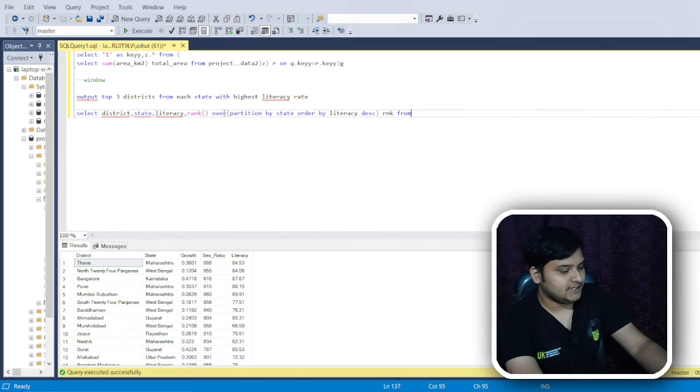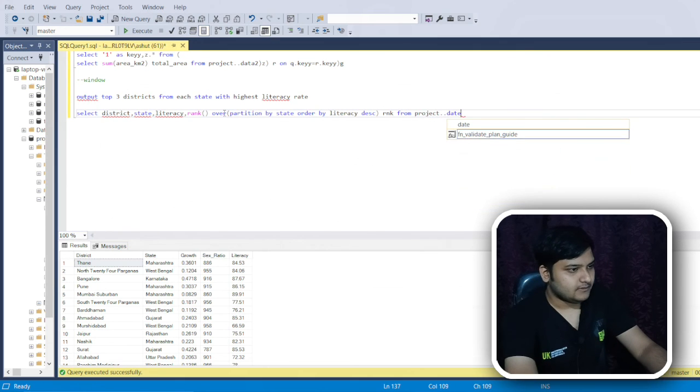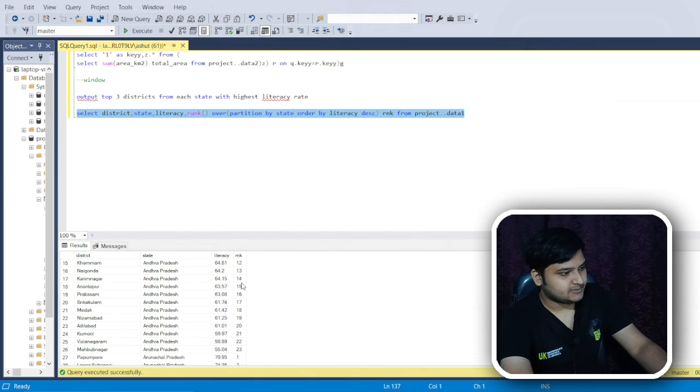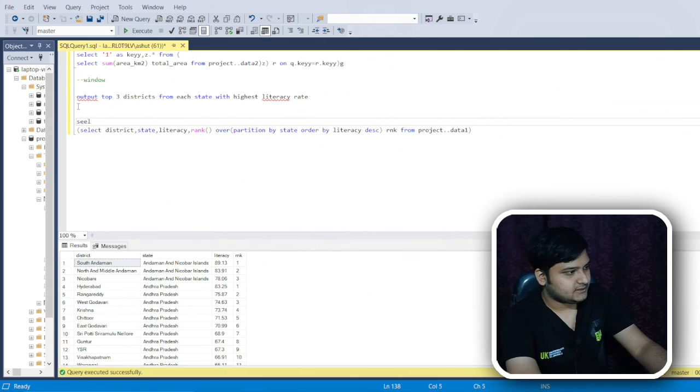And from where do we need this data? We need this data from data 1, and that's it. Let's run the query and see what result we get. You can see the ranks have been provided, but we are only concerned with the top 3. So we would again write this as a subquery here, and we'll do a select a dot star from here,